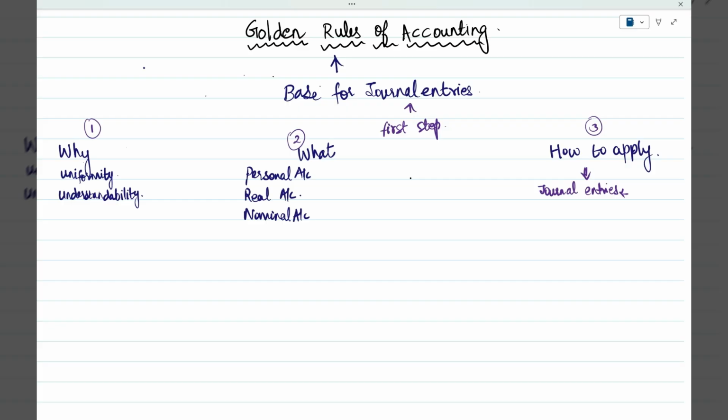When we start to understand the golden rules of accounting, we need to understand the classification of accounts. Accounts are nothing but a set of transactions which are similar in nature, grouped together, and that is what we call an account. All these accounts are classified into three major categories: personal account, real account, and nominal account, right? The golden rules of accounting differ depending on the nature of the account. Let us see that in detail, but for now, focus on these three classifications of personal account, real account, and nominal account.